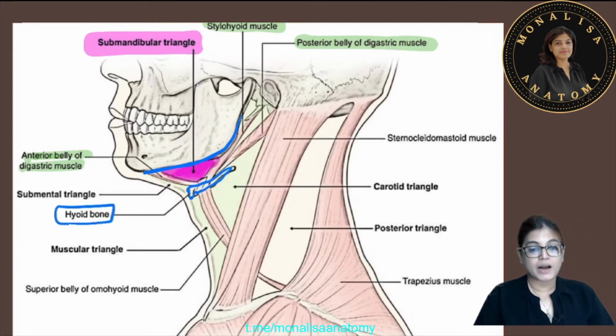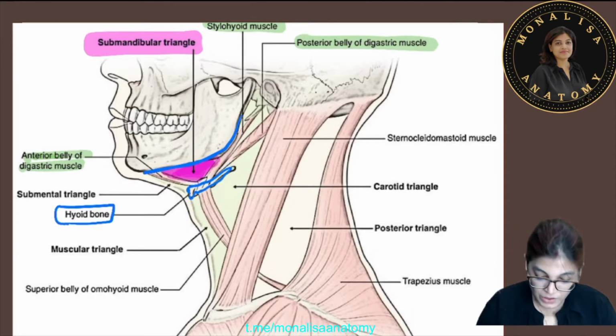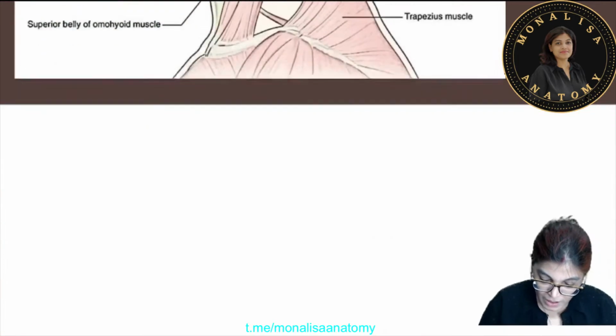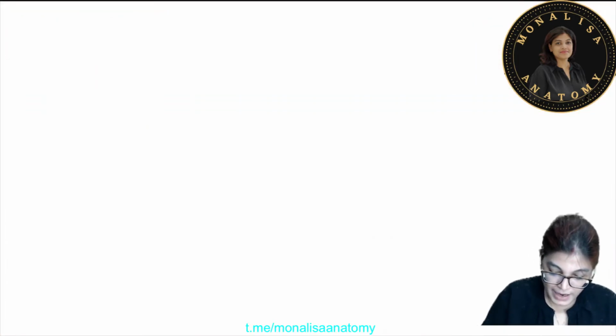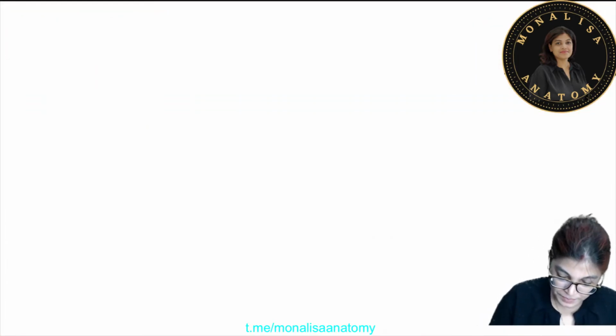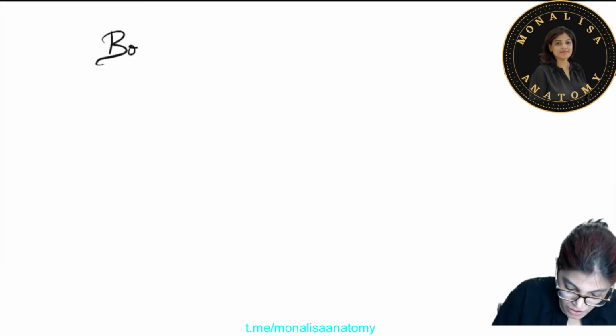So this marks the boundaries of it, and along with it, it is important for us to know what the floor is, because in the MCQ the floor muscle has been asked. So now, you are well aware of the boundaries. Now just write quickly the boundaries. So boundaries of